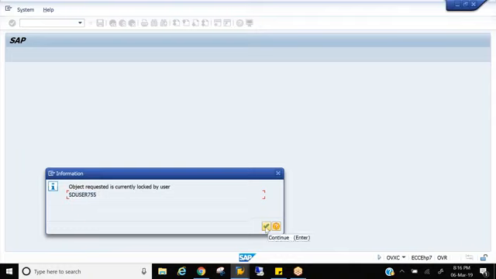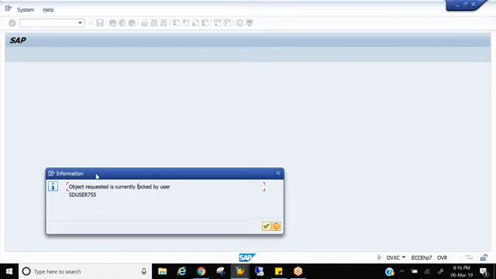When you're practicing in the training server continuously, if you want to open some configuration, it may throw a message saying that this object is locked by some user. Sometimes the system will not flush out these entries, so we need to do it manually.